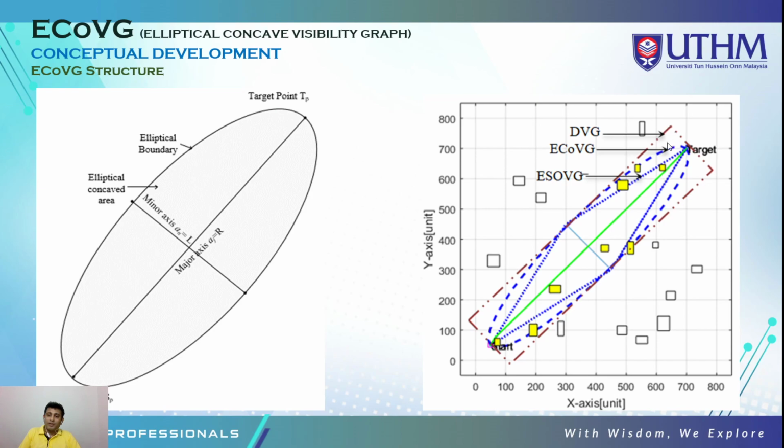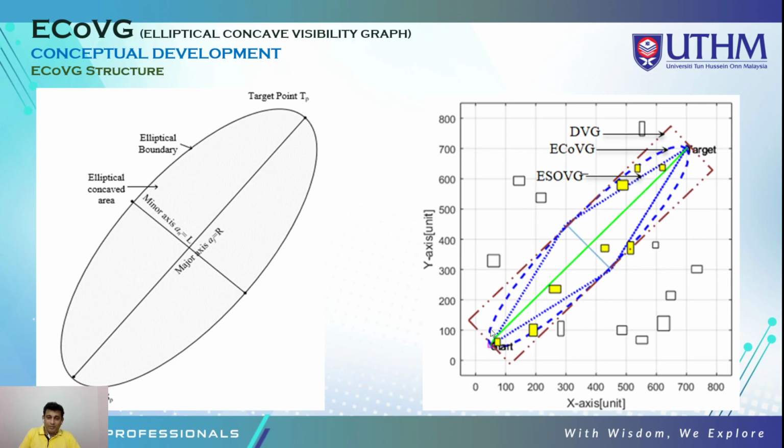It is elliptical, with unwanted space. If you see ESOBG, the opening angle is very narrow. You can see an obstacle here is a problem for the planner. It is already actually stuck. But if you see the EQVG model, the unwanted space is avoided. For ESOBG, it cannot get a path properly, but EQVG can, because the opening angle is very nice,